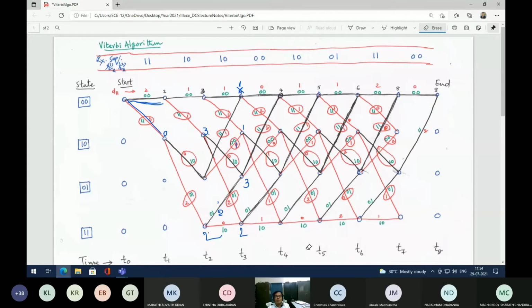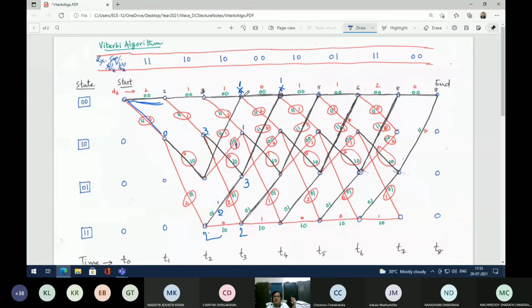So, likewise, the next task is you have to find out the Hamming distance at every node, not on the branch, at every node, by adding the previous ones, right? And whichever is the minimum you have to indicate, striking off the higher one. Don't write the higher one, write the least one. Now this part is over. Coming to this point. From 1, actually I have written here, it's not 4, it's 1 because I'm moving this way. 1 plus 0 is 1. So I'm striking off this 1.